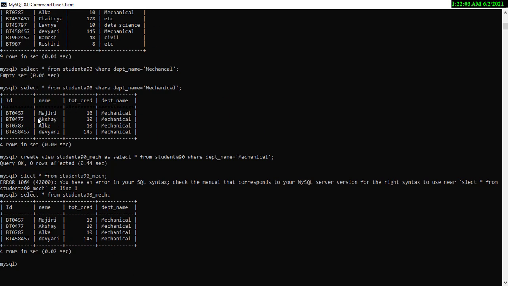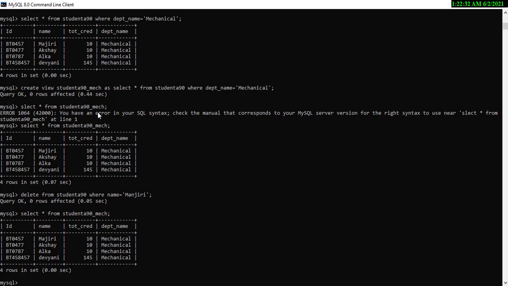Now if I am changing some values here, like if I am deleting some values from the parent table, suppose delete from student A90, where name is equal to, suppose, Manjiri.